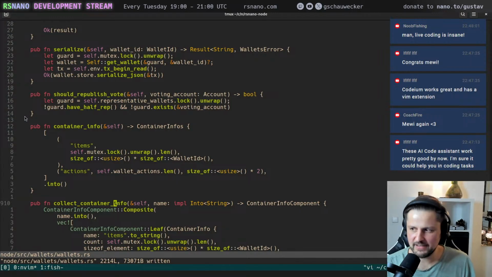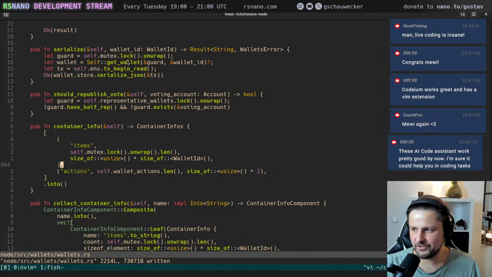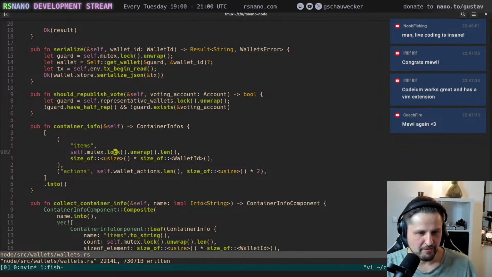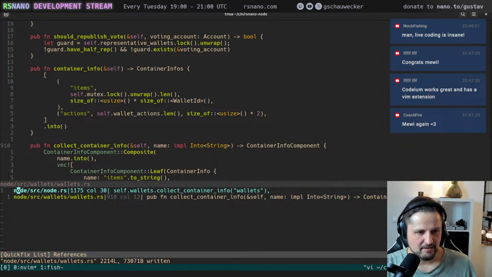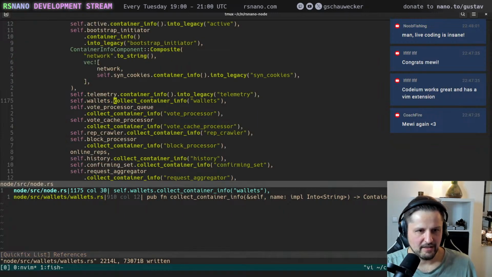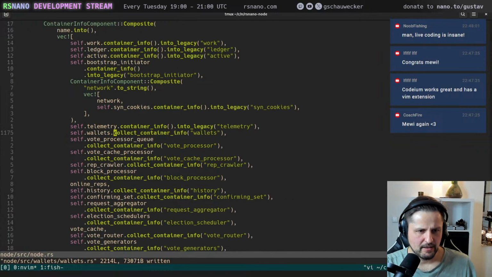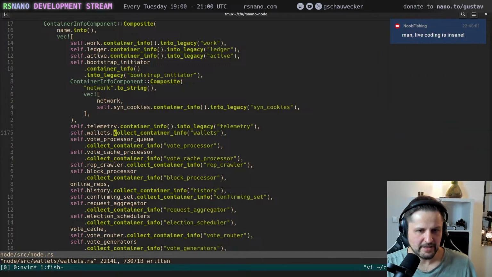Yeah, tests like these, I think they could help me a lot. No, noob fishing, man. Live coding is insane. Well, yeah. So some code, I do really simple things right now. This repetitive work here is super simple, really. But that's why I'm doing it, because it's late and I have a full workday behind me.